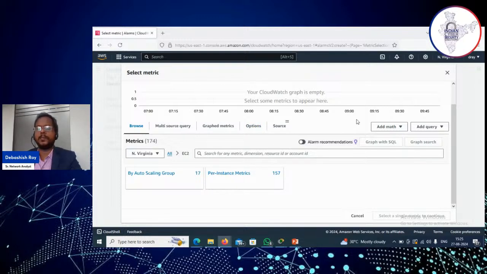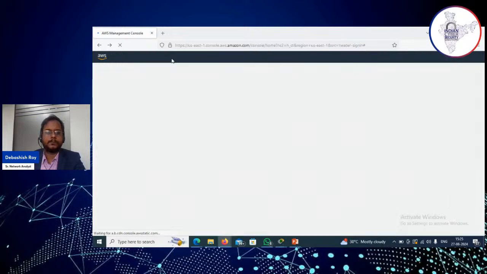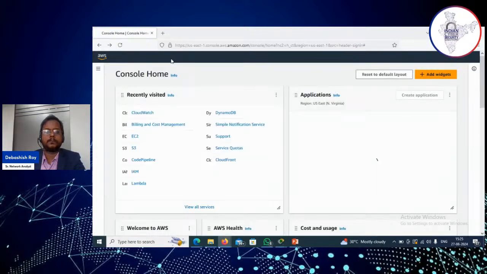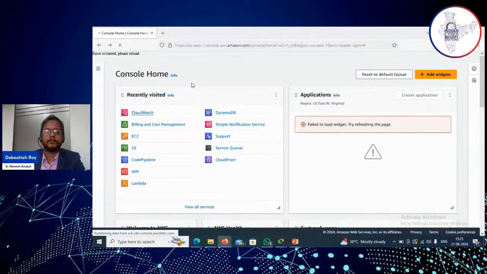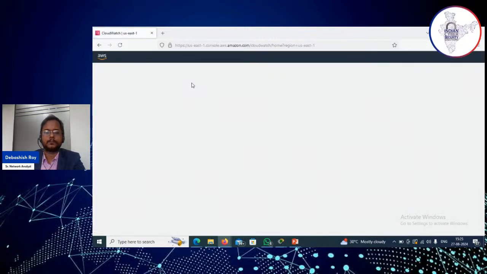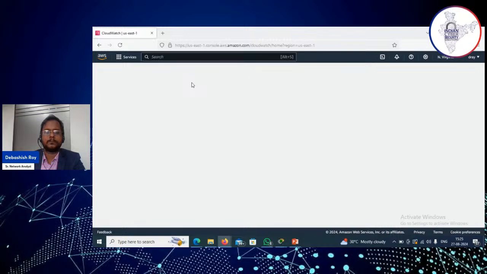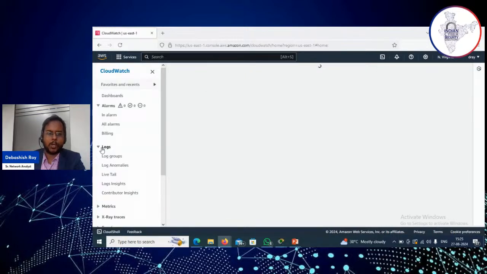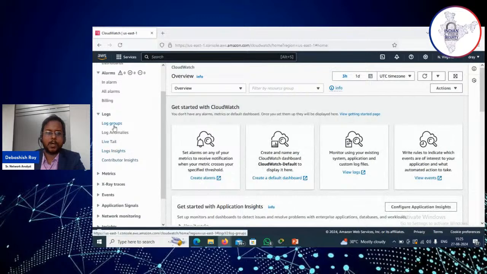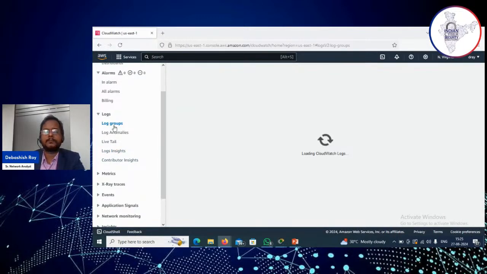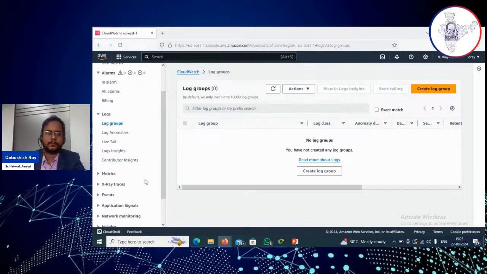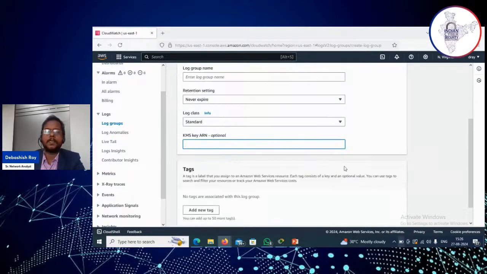So here you can set all these things, and also you can go back again. You again go to CloudWatch, and here are the logs. Here you can see the log groups, the logs that are generated there. So you can create the log group,